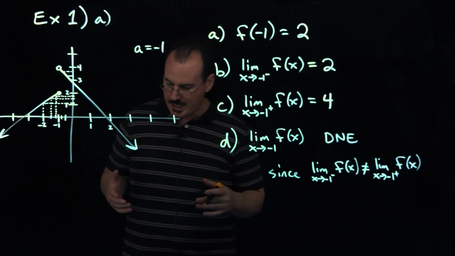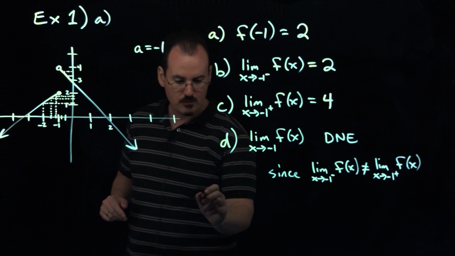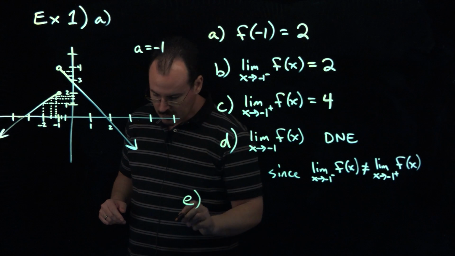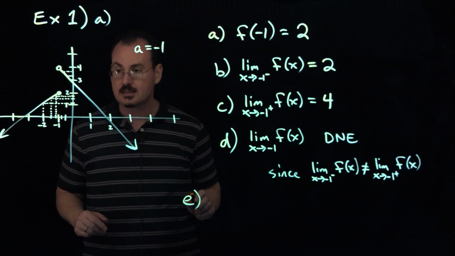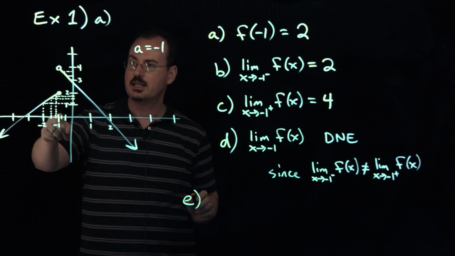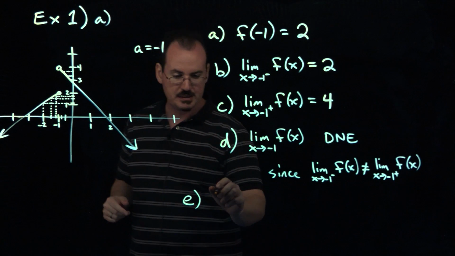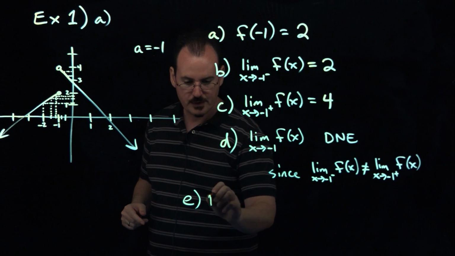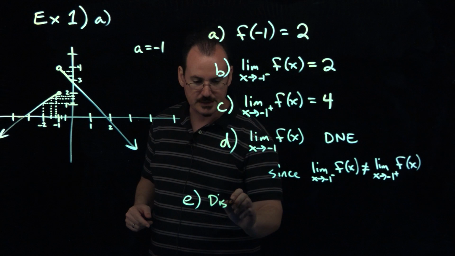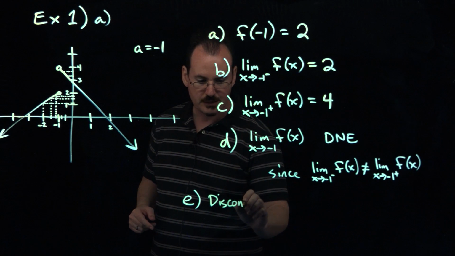Okay, and that actually answers part E as well. Why is there a discontinuity at x equals -1? It's discontinuous because the limit doesn't exist. So there's a discontinuity